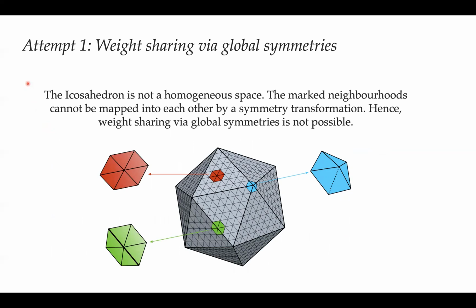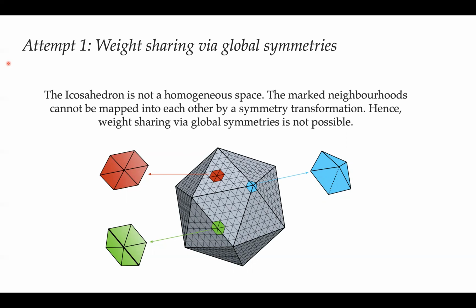So we can think of various ways to define convolutional manifolds. And the first one is very natural if you've learned about homogeneous group convolution, like convolution on the sphere. So the idea there was that we define a kernel somewhere and we move it around the manifold by global symmetries, let's say rotations over the sphere or translations over the plane.